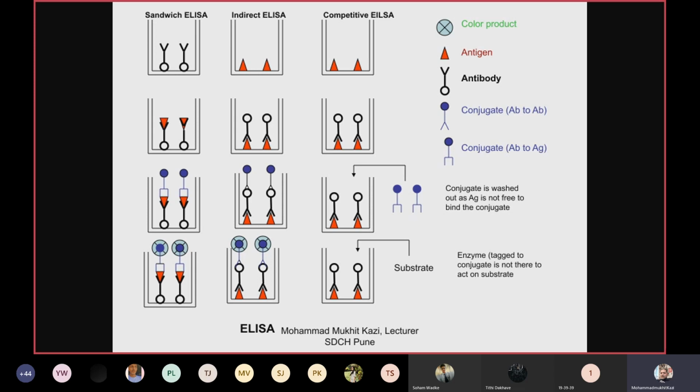Why is there a reaction? Because your own known antibody will bind first to the antigen and neutralize that antigen. So the patient antibody will not react with the antigen, because it has already been utilized by the known antibodies. So there will be competition between the known and unknown. If there is no color, it will be positive. If there is color, it will be negative.